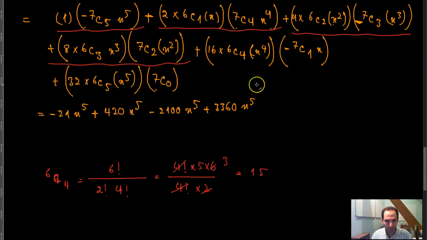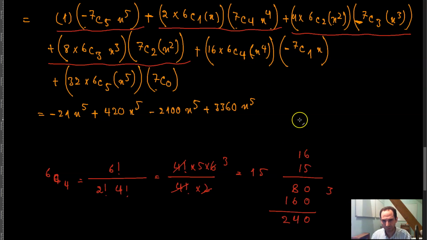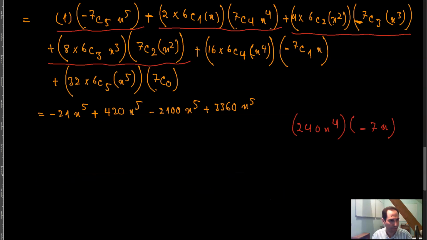Now 15 times 16 is equal to 240, so you have 240 x raised to the power 4 times negative 7x. Now then what you will have is 240 times 7, negative sign, 7 times 4 is equal to 28, 7 times 24 is 168,